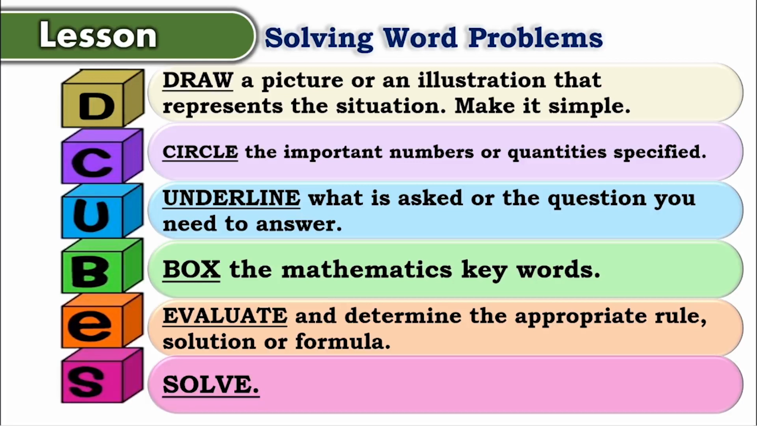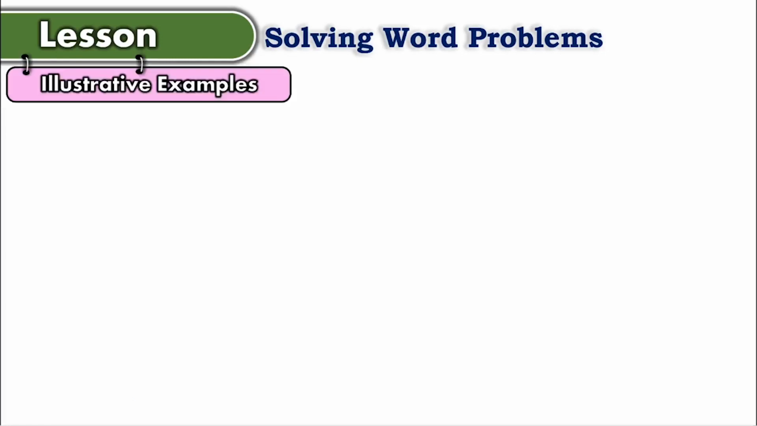For U, underline what is asked or the question you need to answer. For B, box the mathematics keywords. These keywords may help you in determining rules, solutions, or operations to be used. E is for evaluate and determine the appropriate rule, solution, or formula. And S for solve. Let's have some